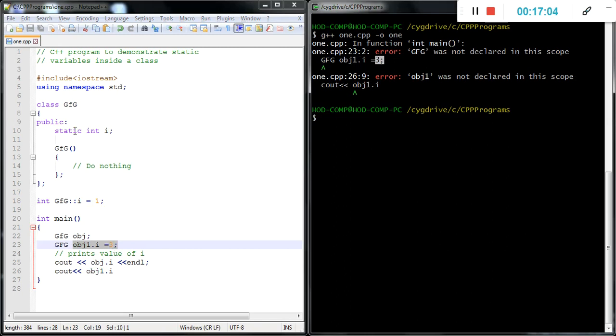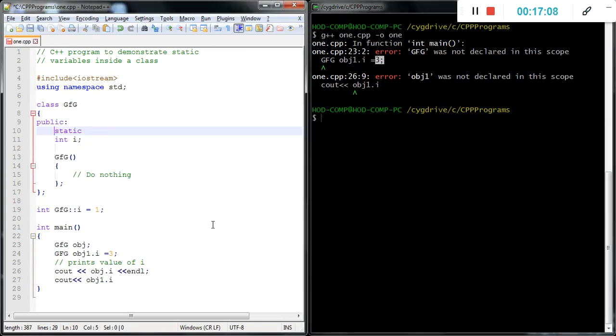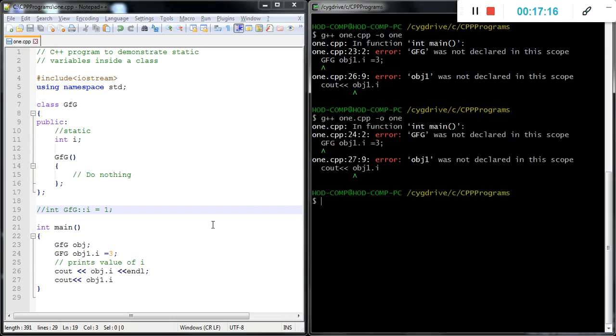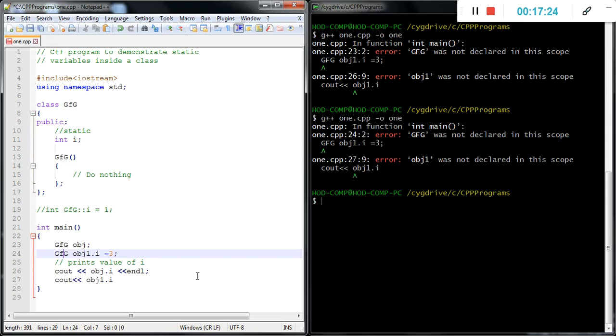If we remove the static, and this is related to static, then we verify the output. What will be the output? It says obj1 was not declared in the scope. Okay, we should define the class name, then check it again.